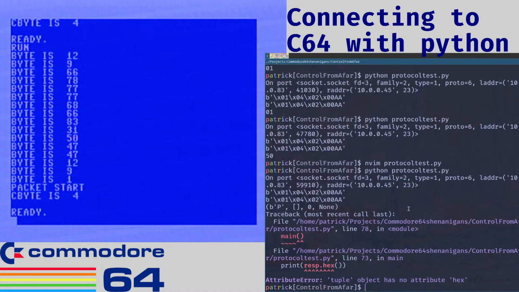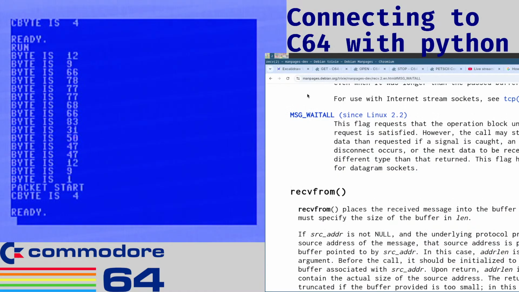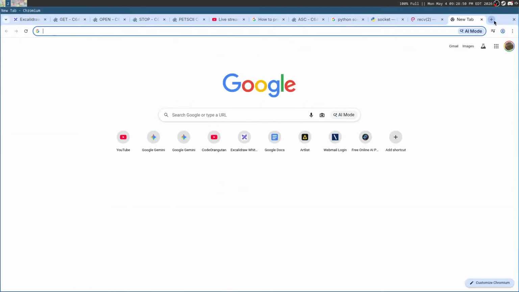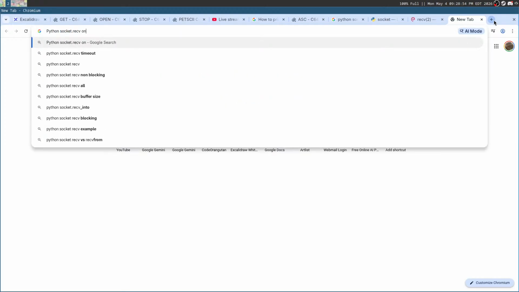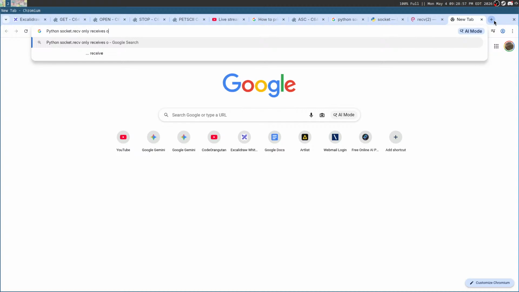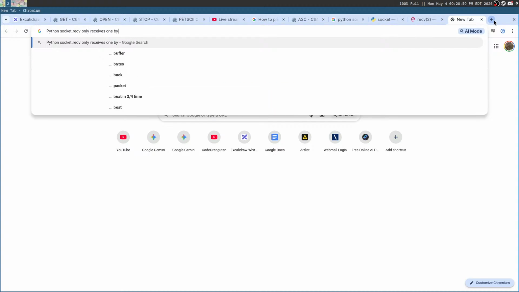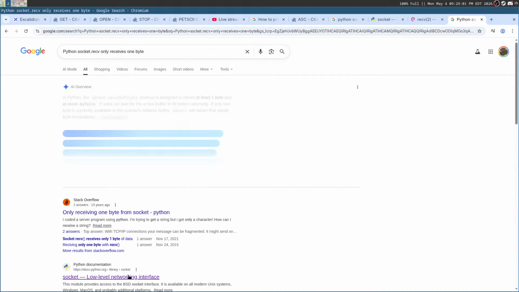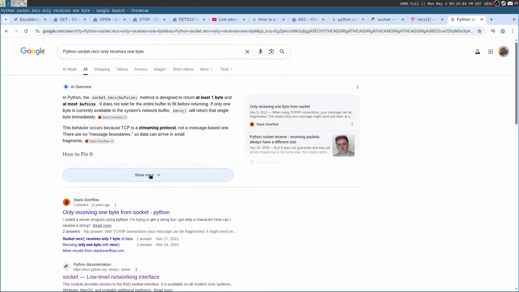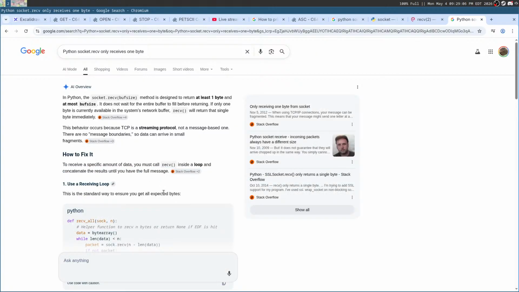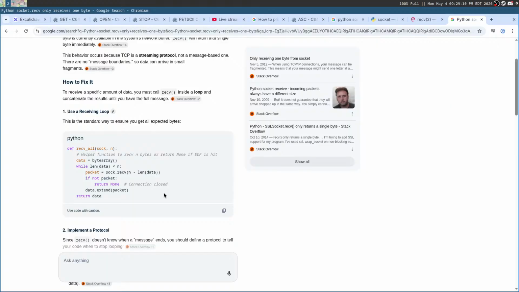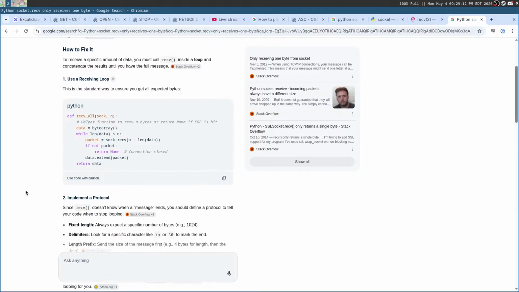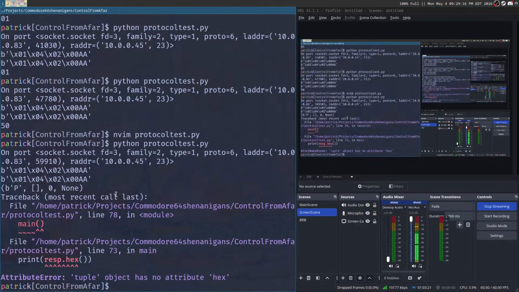Okay. Let's Google it. All right. Python socket recv only receives 1 byte. Okay. Fixed length. Okay, yeah. So let's start off with